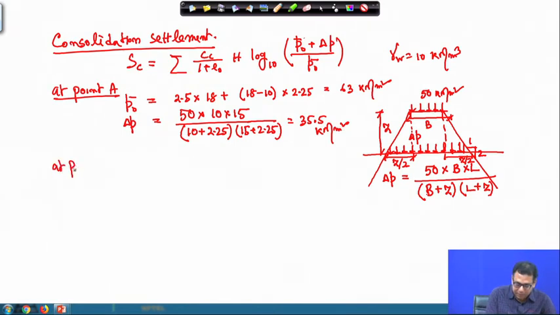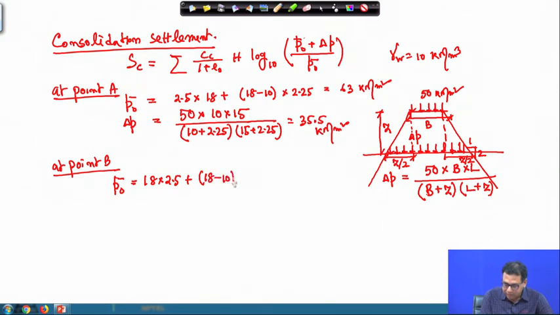Similarly, at point B, P 0 bar again will be 18 into 2.5, then now it is 4.5 is the thickness of this layer. So, 18 into 4.5, then it is 6 meter, then 17 is the unit weight, 17 into 6. So, this will be 123 kilonewton per meter square, and del P value will be again 50 into 10 into